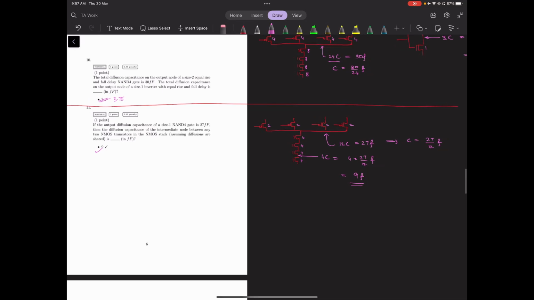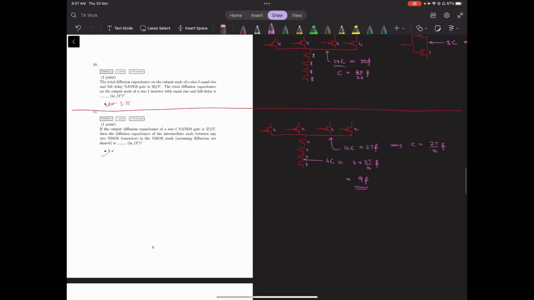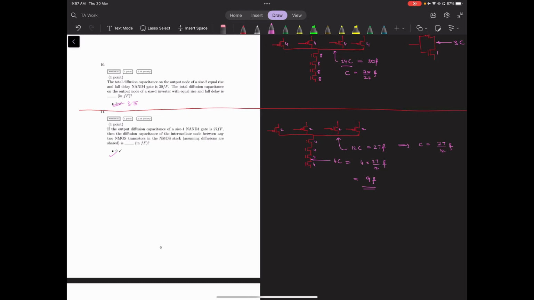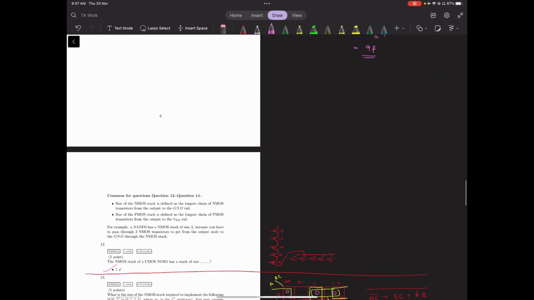So, a similar question in question 11. We are given the NAND 4, and then we are asked, in the same NAND 4, what is the capacitance in the intermediate node, assuming diffusions are shared? You can pause the video and check out the working. The answer will come out to be 9 femto,